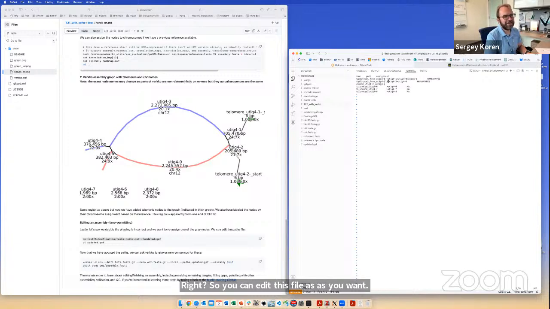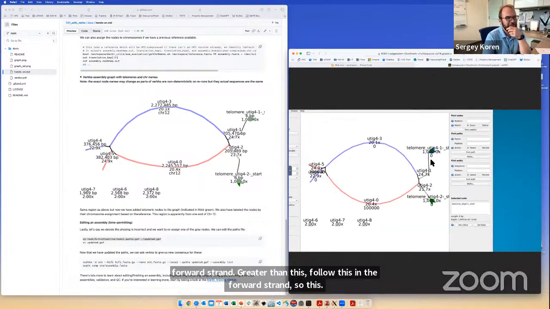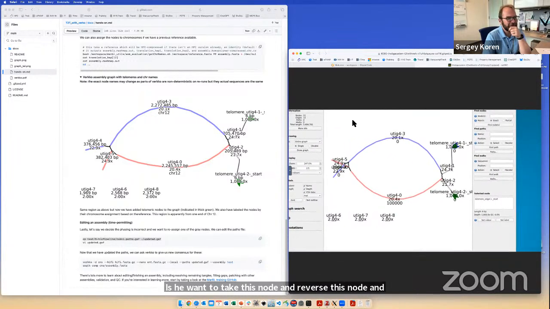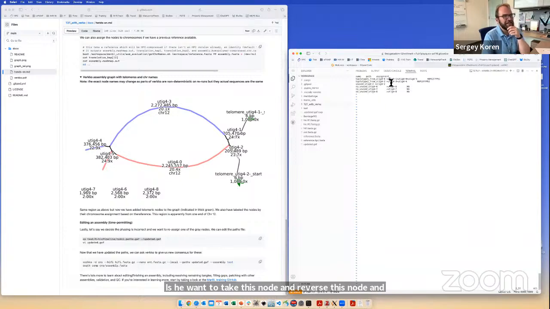So these paths follow the GAF format, which I think I linked to from the tutorial page, but this is part of GFA, which defines the path where greater than this means follow this path in the forward strand, greater than this, follow this in the forward strand. So this goes reverse. What we've essentially said is you want to take this node in reverse, this node in forward, and this last blue node in the forward strand. And so we edit this file,